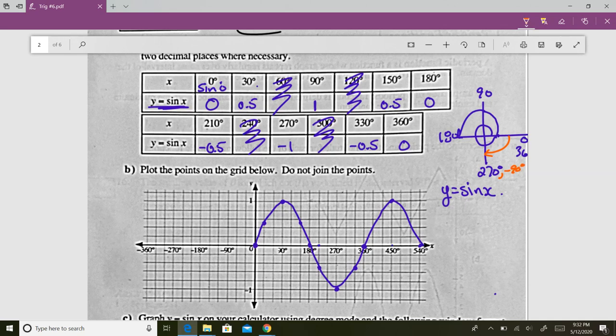And if you do sine of negative 90, you're going to get negative 1. So the graph in the negative direction: negative 180 will give you 0, negative 270 gives 1, and negative 360 will give you 0. So that is actually the sine graph in both directions, from negative 360 to 540, but it can go on